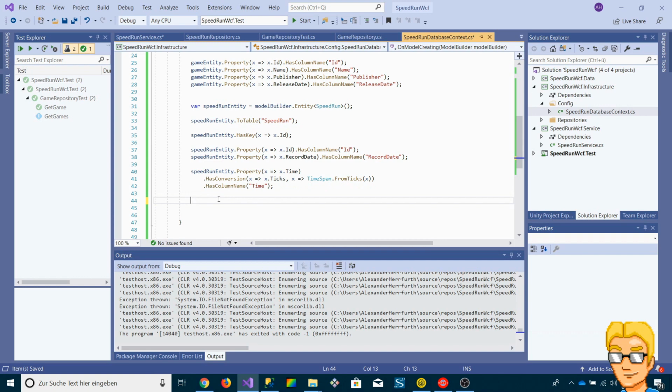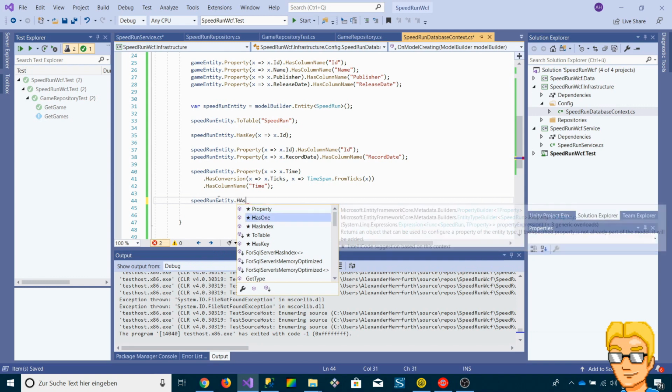They navigate to a different entity type, player and game respectively, and we need to tell Entity Framework that our speedrun entity has a one-to-many relationship to both of these other entities, and we can do that